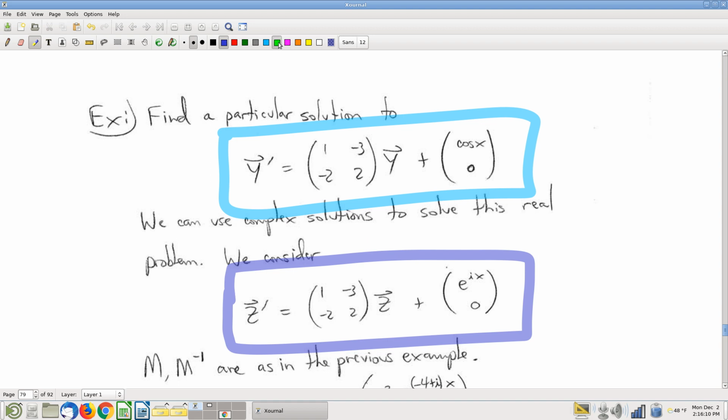Notice that the real part of that is that. And we can argue then that the real part of this z is the solution y that we're looking for. So you can turn an equation that involves cosines, which is going to be hard to do, because